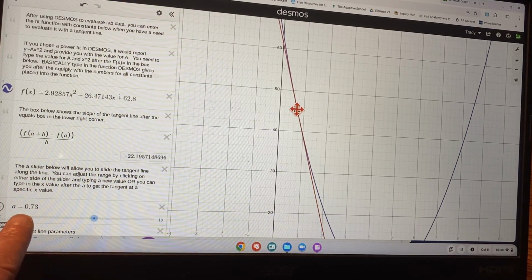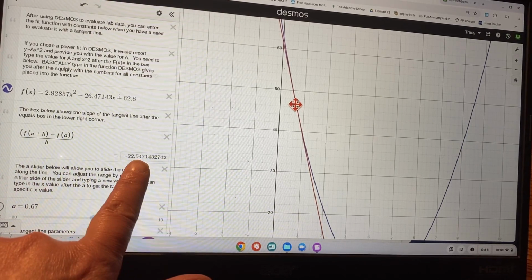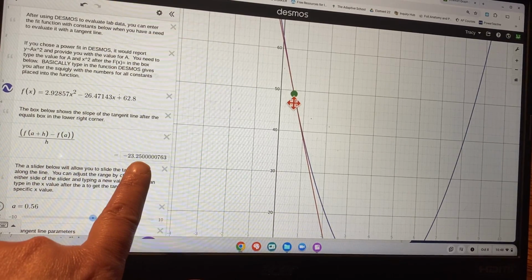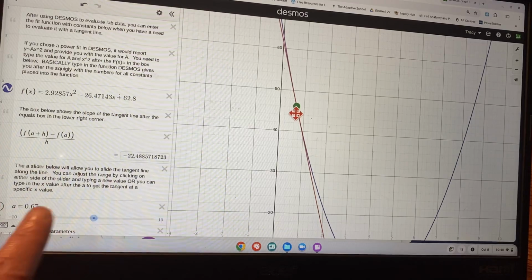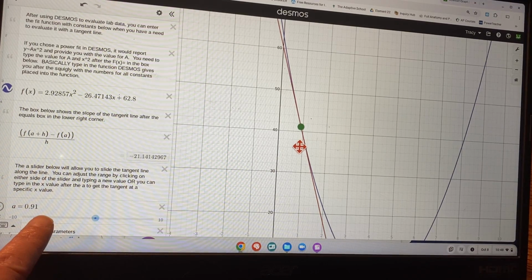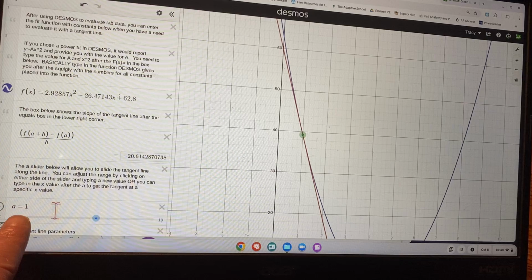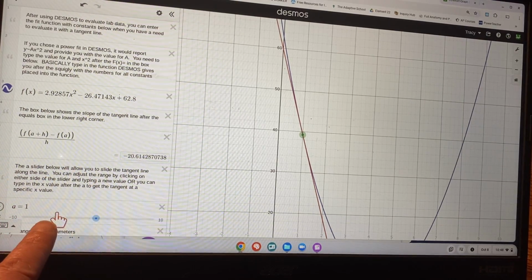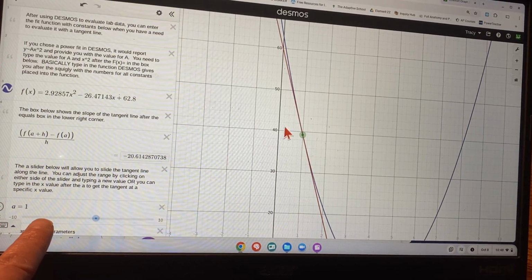So my A value is actually where I'm at on the x-axis, and this is my value for my slope. So what I'm going to do is bring it to 1 and see what my slope is as I get to 1. So here's my 1. Now I'm going to document my numbers so I can